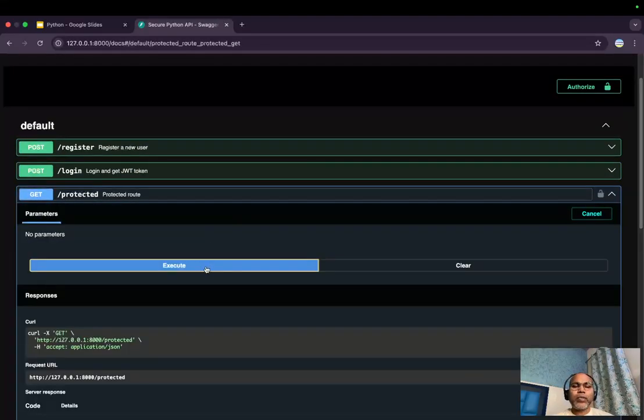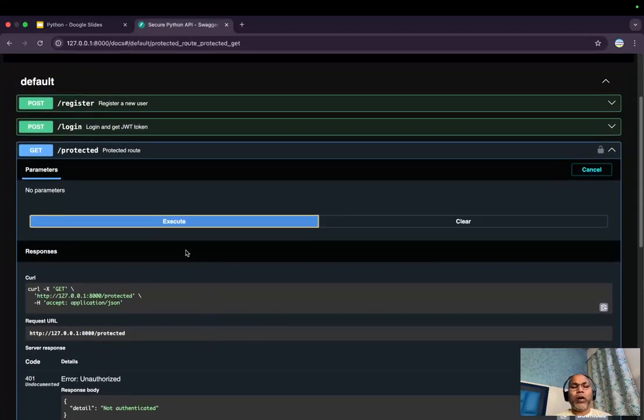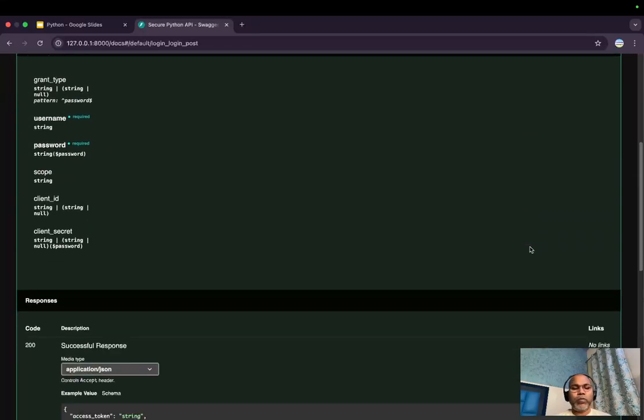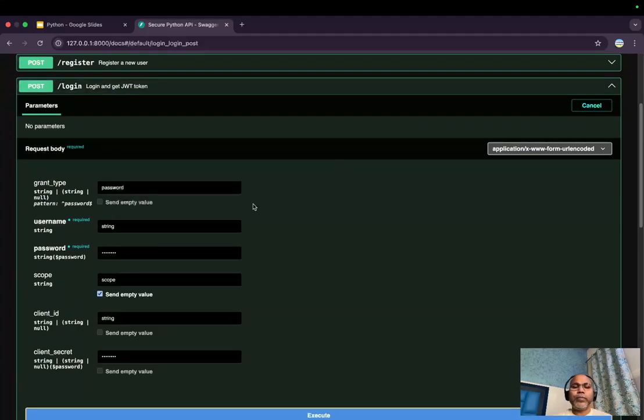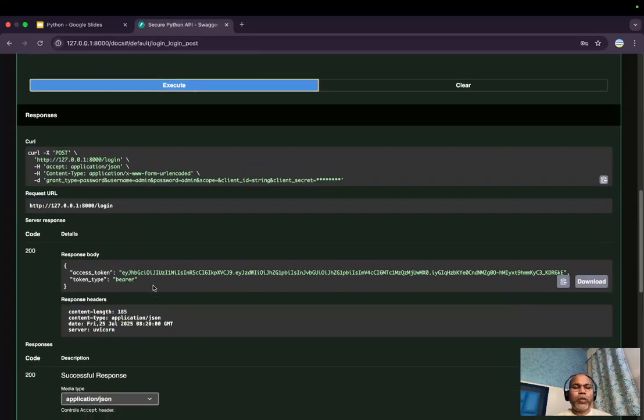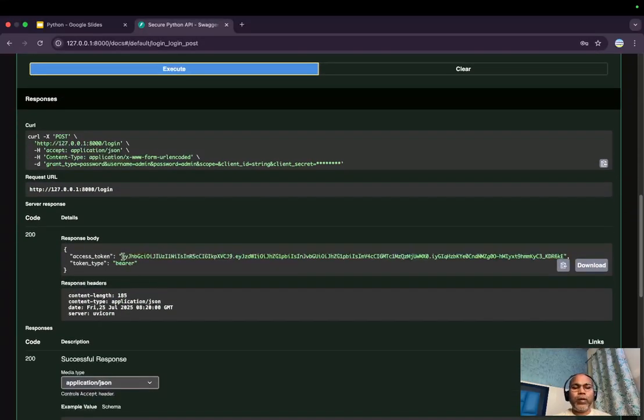Okay, so I want to access this API. How can we pass our token? First we have to get the token. Okay, I have to get the token again. So let's get a token for the admin. Admin, I have to get. So now we have this token available, and I can use this token. This is my token available. I can copy it